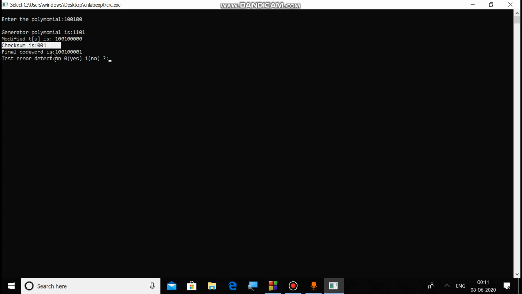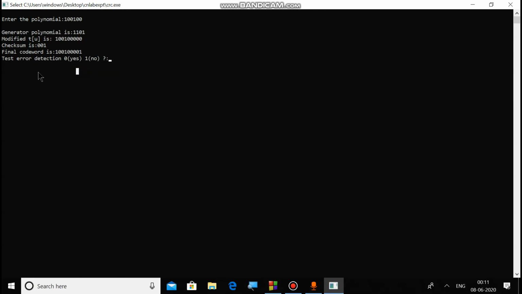The final code word, the transmitted code word, is this one, and at the receiver side the same division process is applied to get the original data, and this data will be with no error.